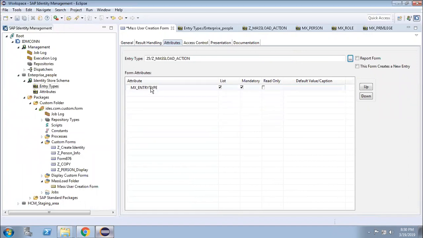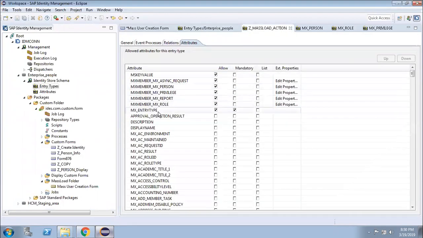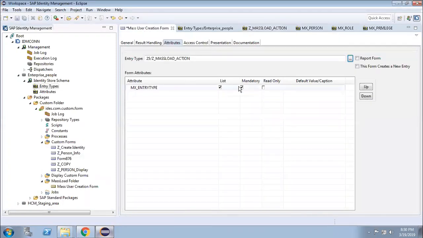By default it comes like this, because, go to the attribute section, this is the value that comes in the mandatory field. That is why it is coming by default. But I don't need this one.